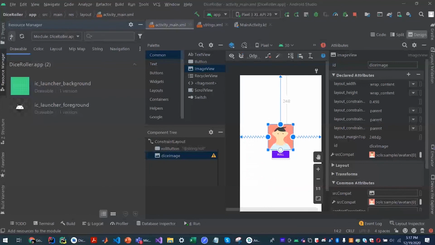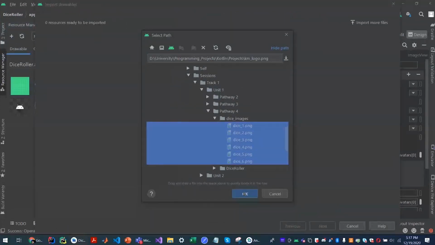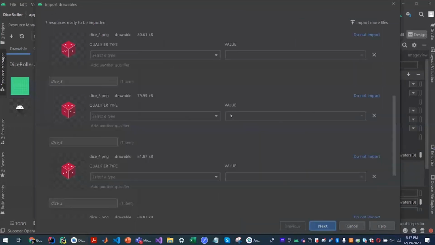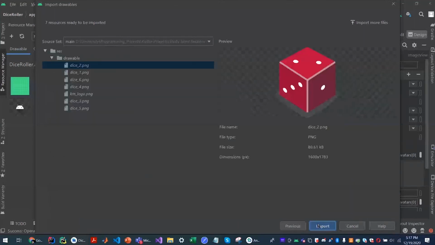And images in the context of Android apps are called drawables. That's all the word drawable means. Here we can already see there's an option called import drawables for us. As you can see, the 6 dice images are being imported here. Click import, and you should see them here.